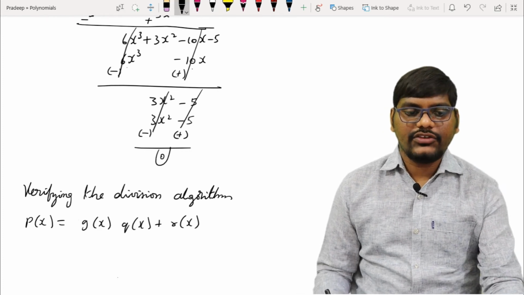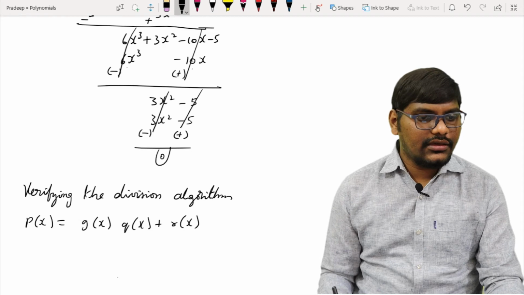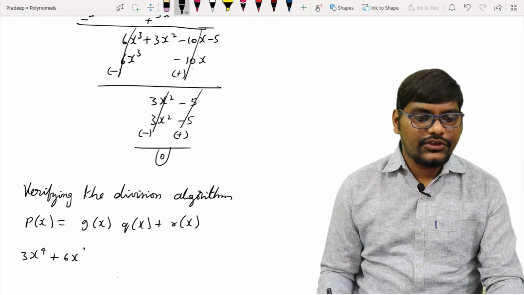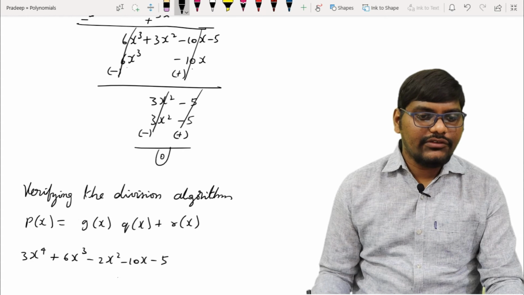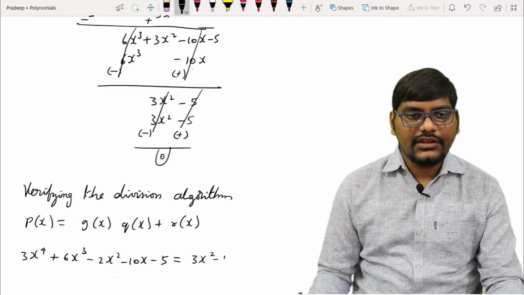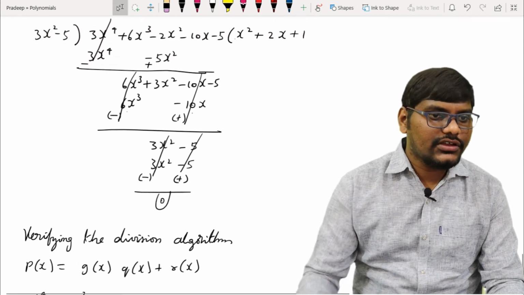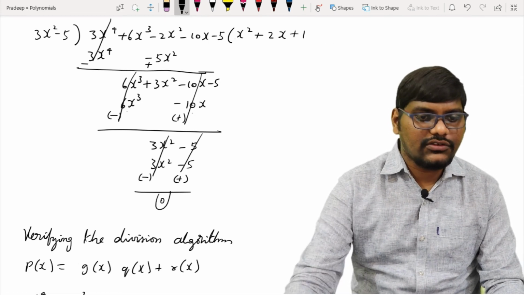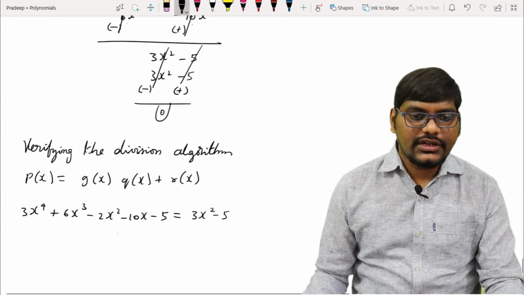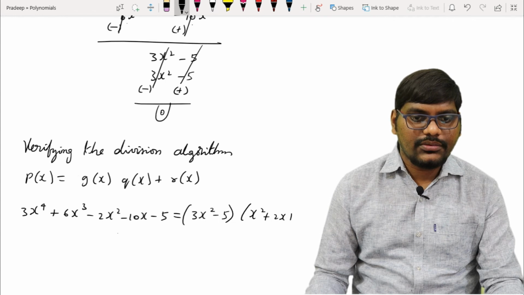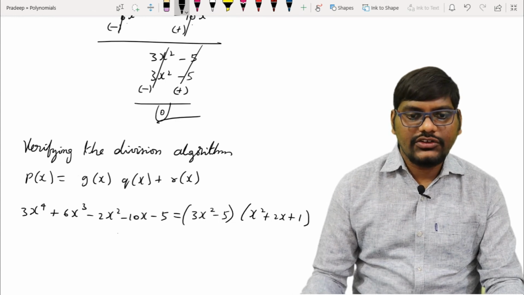So we'll submit what is the given polynomial, that is 3x power 4 plus 6x power cube minus 2x square minus 10x minus 5 is the given polynomial, and the g of x is 3x square minus 5, right? 3x square minus 5. So even the quotient is x square plus 2x plus 1, that also we will write over here, so that I can take here in brackets x square plus 2x plus 1, and the remainder we got it 0, so I can write